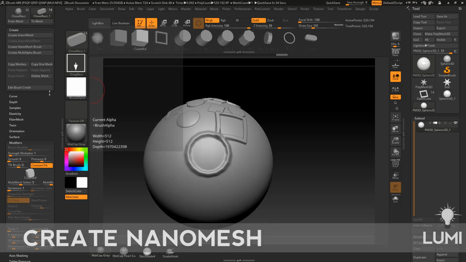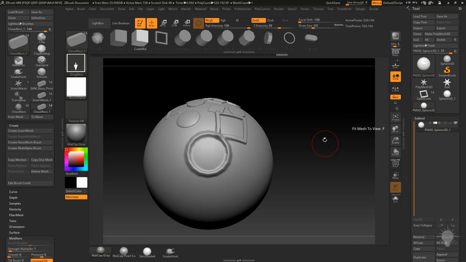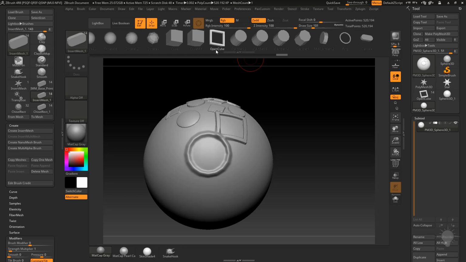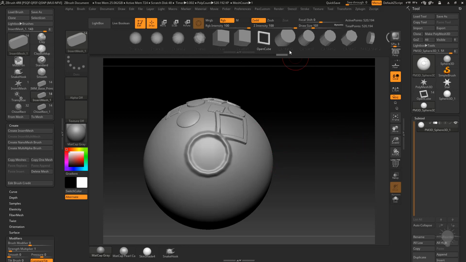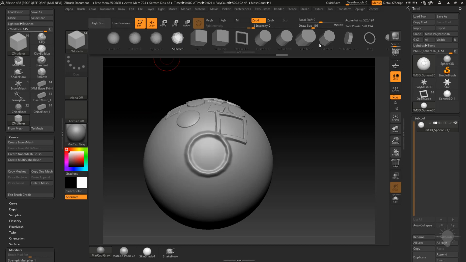And now one last thing we're going to talk about is this Create NanoMesh brush. Let's go ahead and select our brush, and we'll do our insert mesh brush here. And let's say we want to make all of these into NanoMesh brushes that we can put onto a shape. So with any insert mesh brush that you have, all you have to do is hit this Create NanoMesh brush, and that's going to set up a Z-modeler brush that already has NanoMesh selected and also has all of those